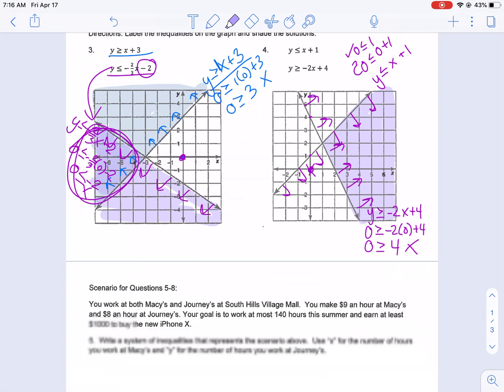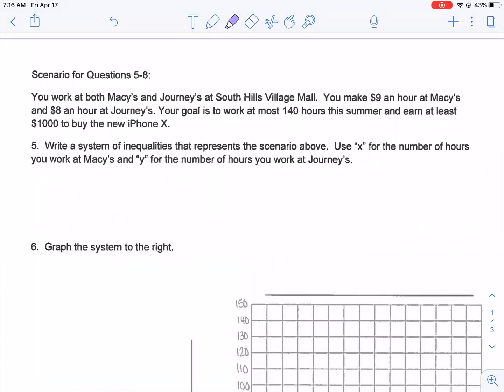All right, moving on to the word problem. You work